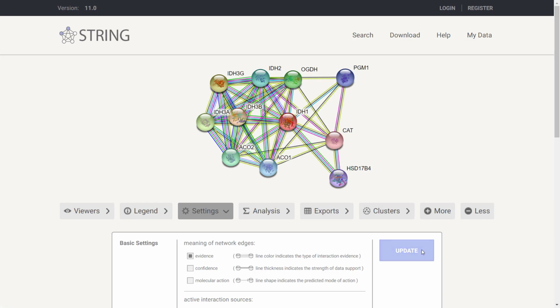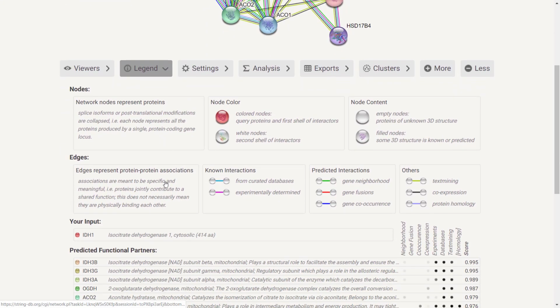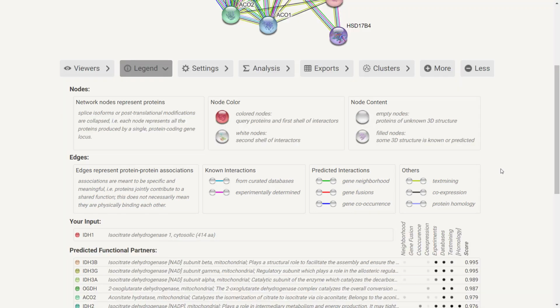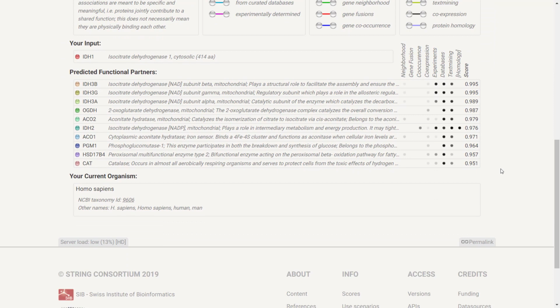There are 8 types of associations. Each has a different color as specified on the Legend tab. And they are seen here. If we scroll down to the table of associations, we can see the strength of each association between the query protein and each result protein.